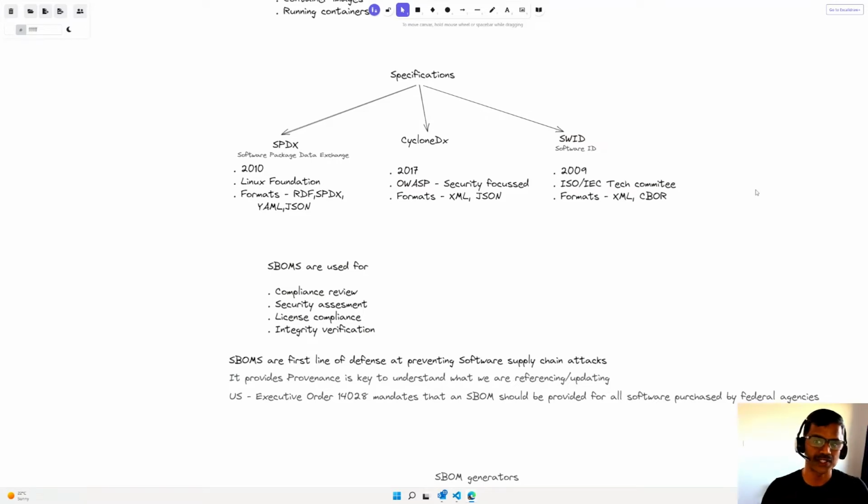The software ID is another specification. It's a pretty older specification. Its initial draft was generated in 2009. It comes from the ISO IEC tech committees, and it can be generated in various formats such as XML or CBOR. SBOMs are used for compliance review, security assessment, license compliance, and integrity verification, and they are key to ensure